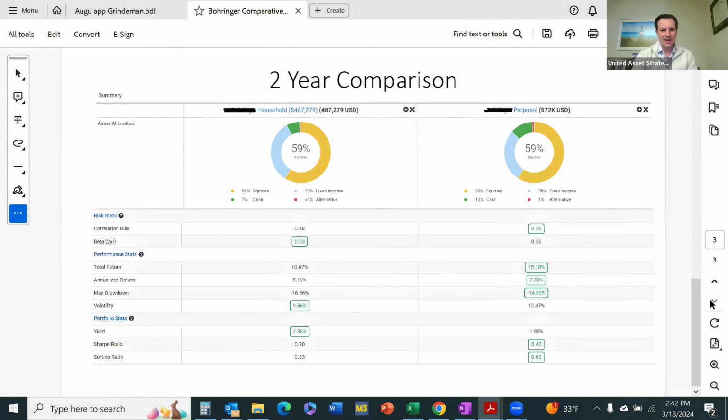Yeah. In this particular example, what the outcome is, on the left side, this is the current portfolio versus on the right side, this would be the proposed, or where we would have repositioned it. And one of the key things is we're not adjusting the asset allocation necessarily. We're still keeping it in this case just about 60% to stocks. But the outcome below, you can see a lot of these different risk metrics, how one acted versus the other. And then going down the line, the first thing you'll notice is that the correlation risk